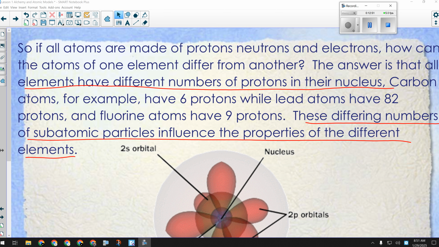The other way to change the nucleus of an atom is by splitting it. That's nuclear fission. That's the form that we use to generate electricity. So what we do in nuclear fission is we take really big, unstable atoms like uranium. So if we got a really, really big